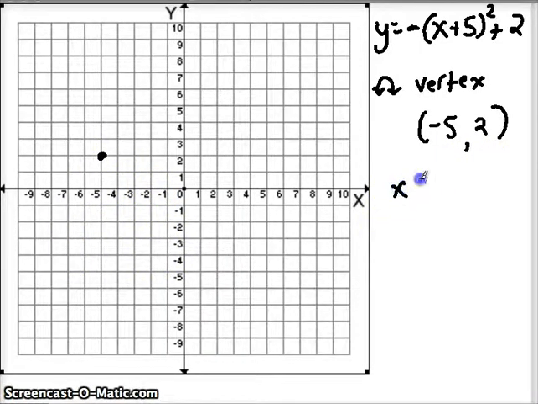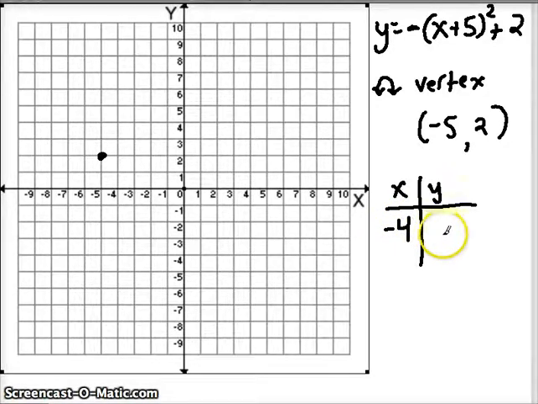Alright, again, xy table to figure out the rest of our parabola. And you want to use values for x that make this very easy to solve. So you can keep going left on the x-axis and use -6, and that might be pretty easy to do. Or you could hop over here and use -4. I think the smaller the numbers, I mean, it's not a huge difference in this problem, but always try and